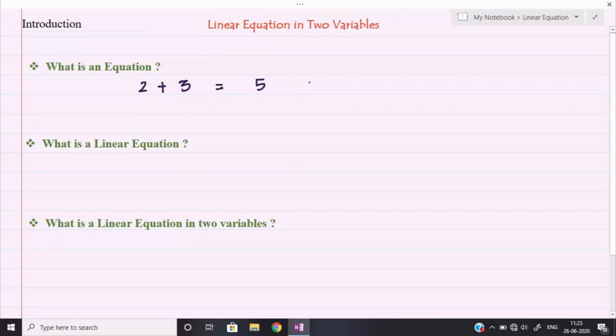But suppose I write down here 4 plus 2 and here I write down 7. So we can say that it is not forming an equation, it is forming an inequality, because the sum of 4 and 2 is lesser than 7. So it is not forming an equation, it is forming an inequality. So equation means it includes the equal sign, with mathematical terms coming on your left side and on your right side.